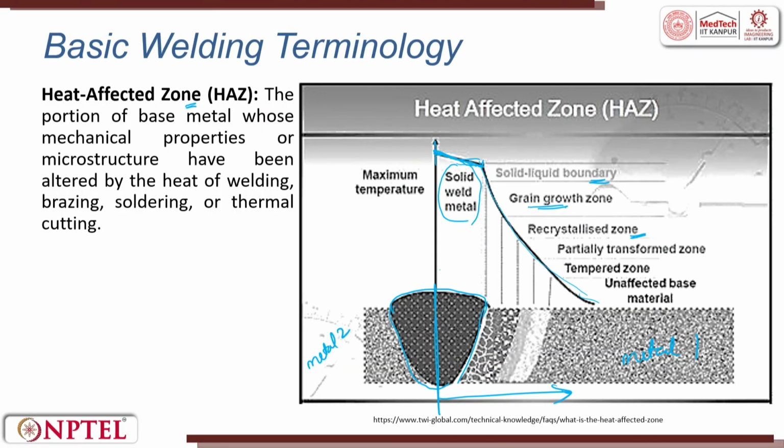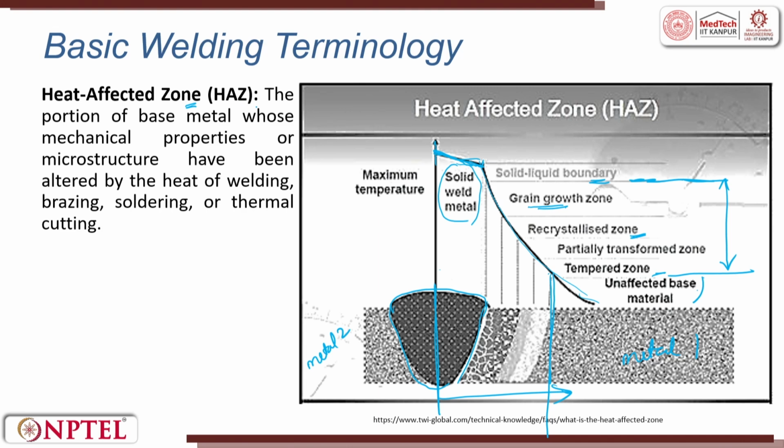If you take a metal in the heat treatment we saw before getting into melt, we saw a recrystallization zone. So, recrystallization, then partial transformation, then you will have a tempered zone, then you will see an unaffected zone. So, between the grain growth zone and the tempering zone, you see there is a steep fall in temperature, steep fall in hardness also, right. So, up to here will be the heat affected zone, or you can even travel a little bit more and go into the unaffected base material.